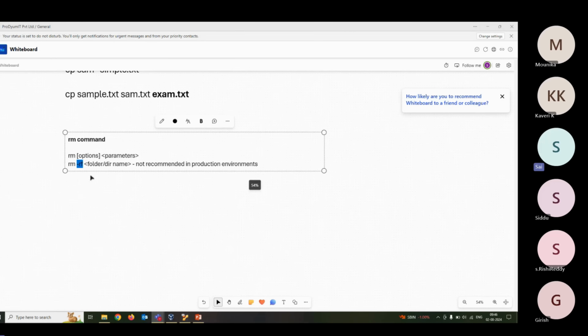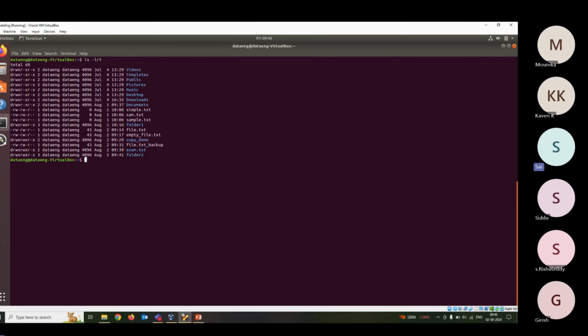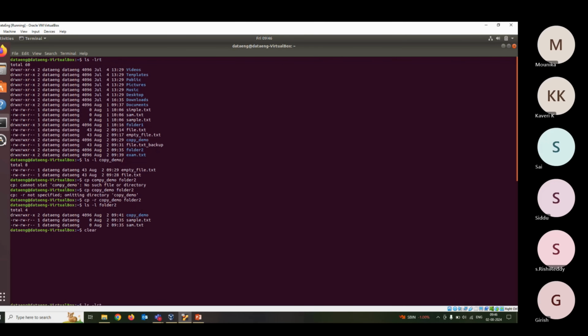Okay, so let's get into this one. Now, we have many files that we created so far for our demoing purpose. Now I would like to remove one file. I'll just simply use rm followed by the file name. So I'll do this empty file, right? So now we have this empty file till now. So if I say ls -l, sorry, what did I